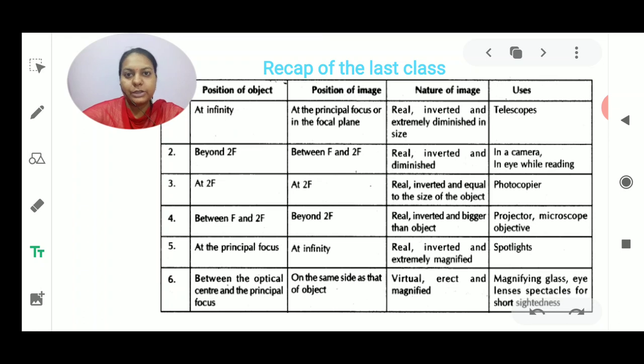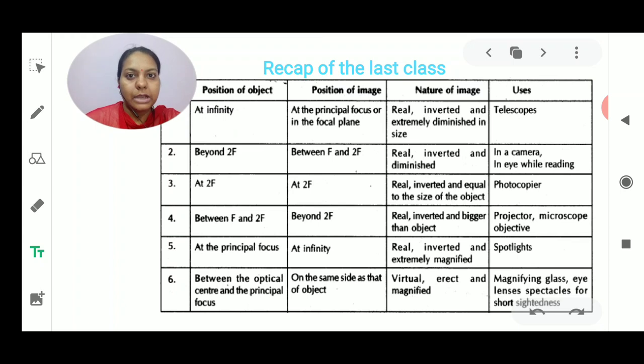Now before starting today's video, I would like to tell you all what we have discussed till now in this lesson. We have seen that light is a form of energy and it has certain characteristics like reflection and refraction. In the first part we studied reflection, the process of the bouncing back of light from any shiny, reflecting surface.